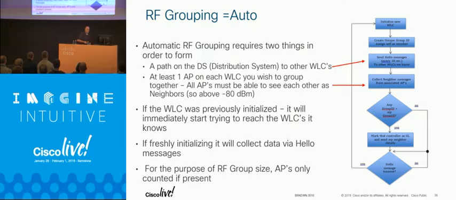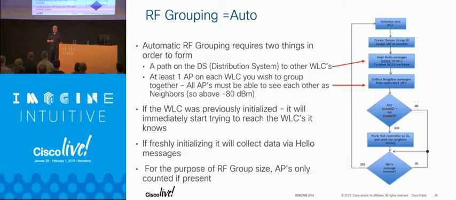Grouping is done automatically, which a lot of people aren't aware of, mostly because it just works. Has anybody seriously looked at RF grouping other than giving it a name before? That's really good. It means it's working great. Auto grouping happens, believe it or not, by the Aloha protocol or a derivative of that. We send a broadcast on the local link.